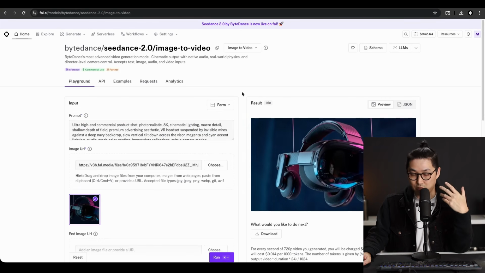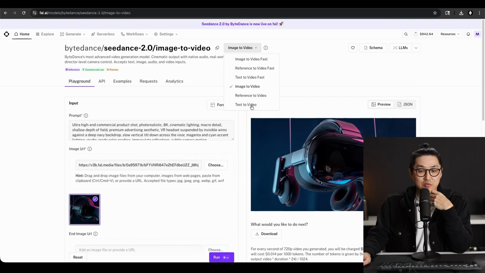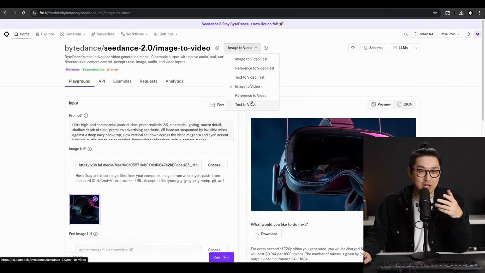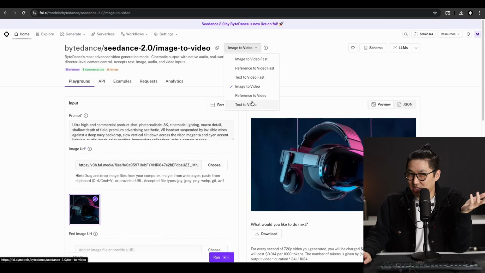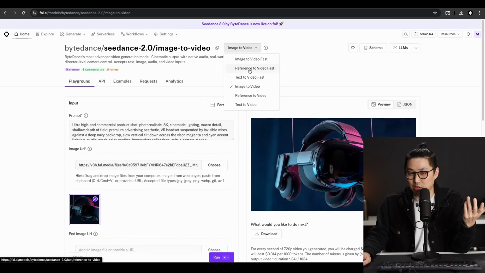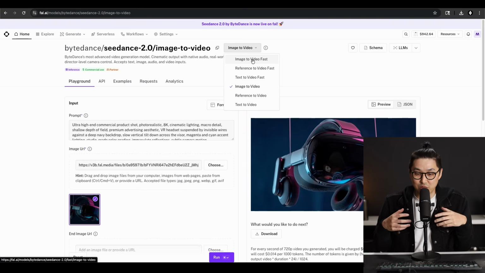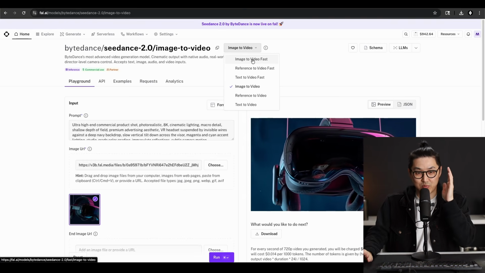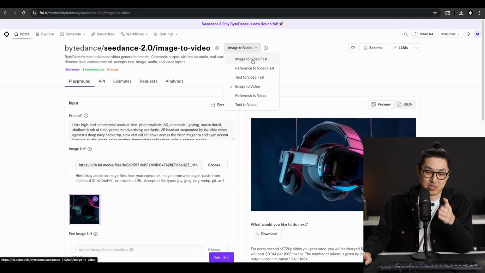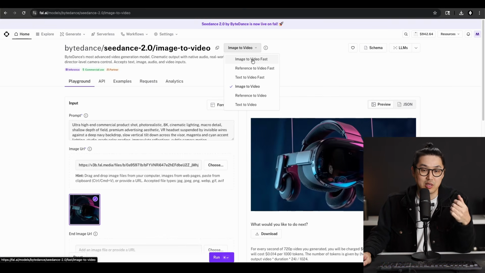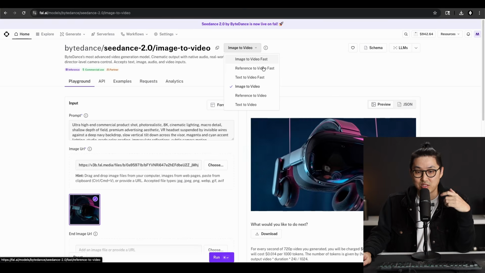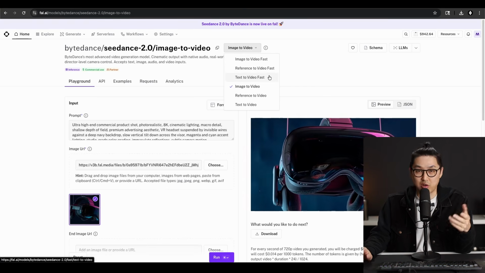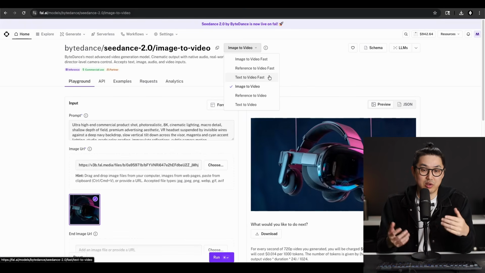So worth noting right now is that there are different modes of Seedance, and depending on where you've seen it in the past, these things are sort of obscured, but on FAL, everything is really explicitly shown here without any fancy renaming or branding, right? This is pretty much exactly how ByteDance thinks about it. So the first one is image to video fast, reference to video fast, text to video fast. These fast models are going to process faster and they're going to cost less.